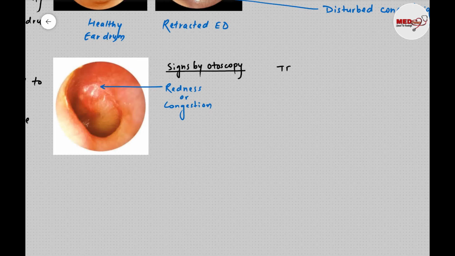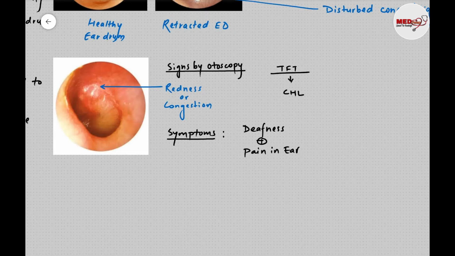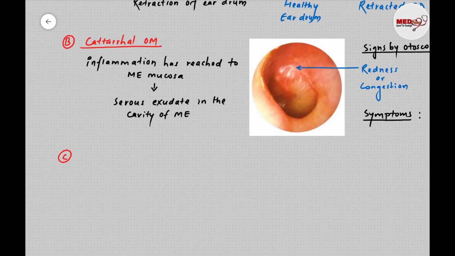If we perform the tuning fork test, then we will see conducting hearing loss. At this stage, there is a problem in the tympanic membrane. That's why he will be suffering from deafness or decreased hearing, as well as another additional symptom: he will have ear pain. Now let's come to the third stage, which is known as suppurative otitis media, and this stage is characterized by